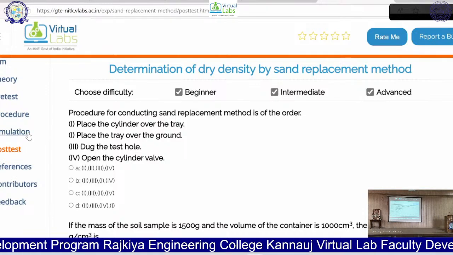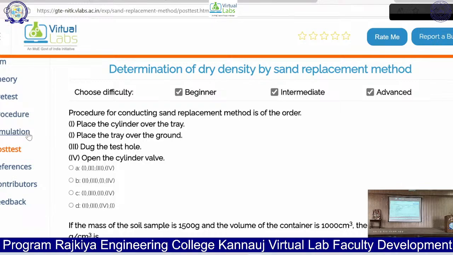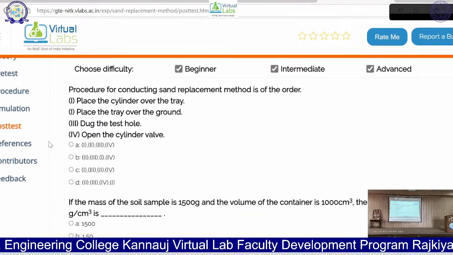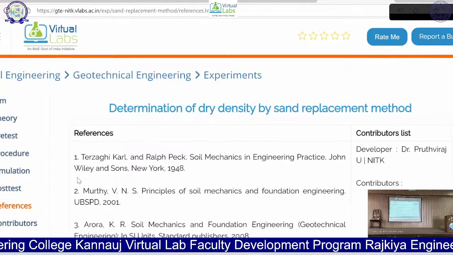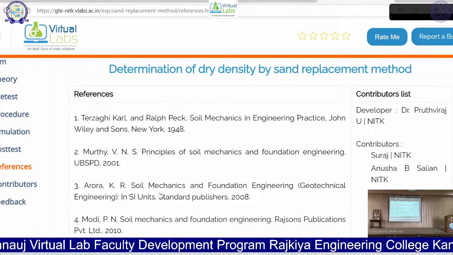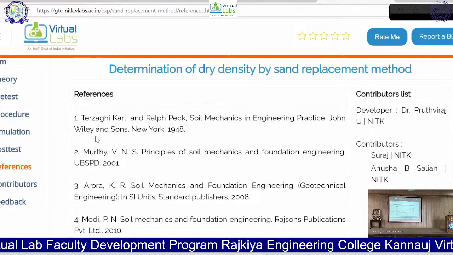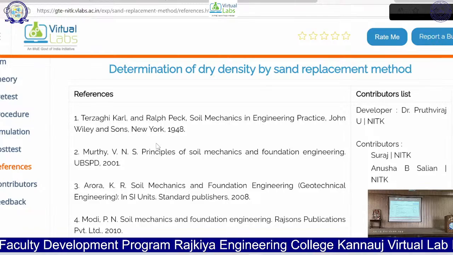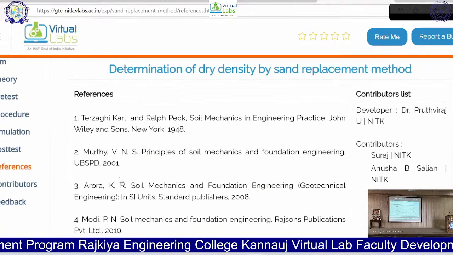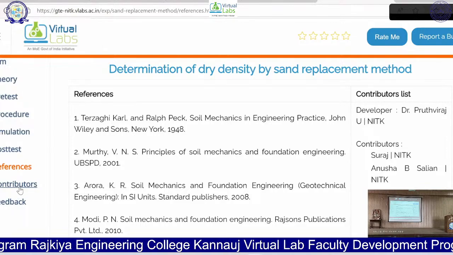Now, after conducting this lab experiment, you can also go through the references to further enhance your knowledge about that particular experiment. Reference books are available and may be available in the library, or you can also purchase those books as well.